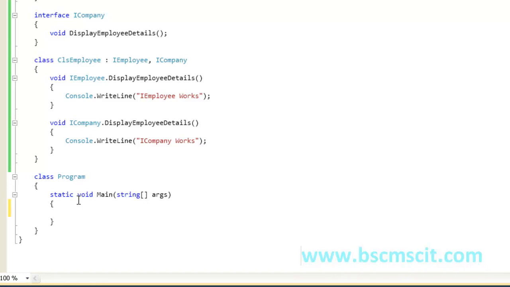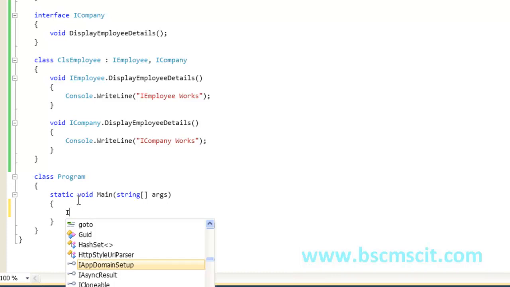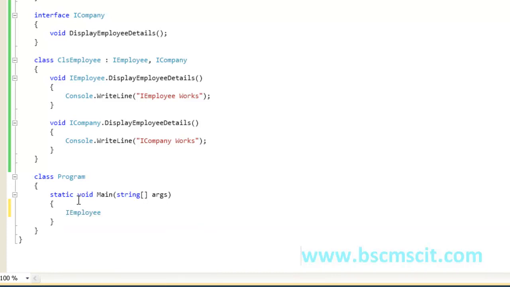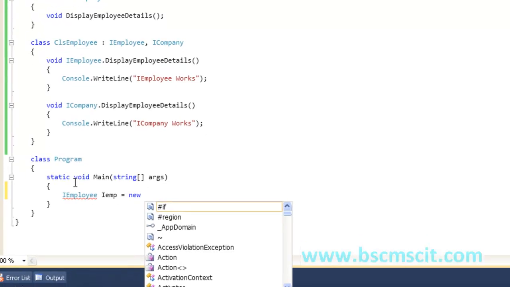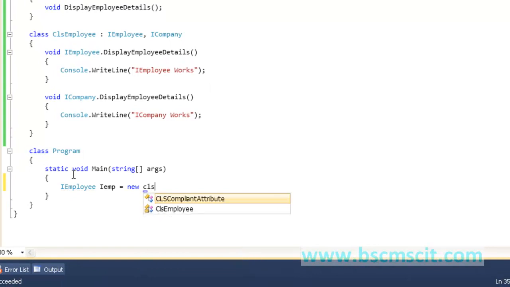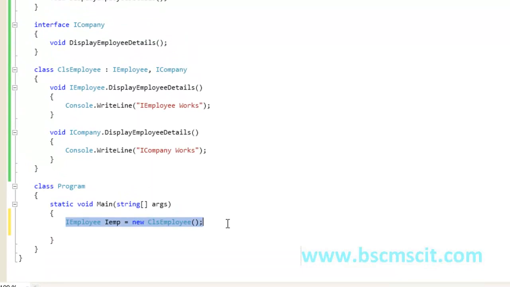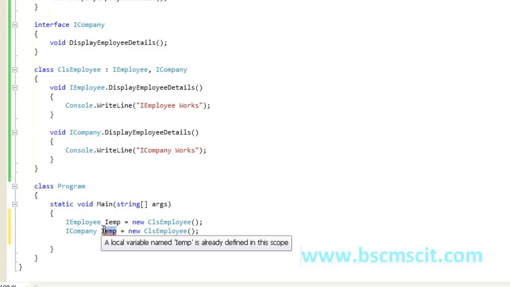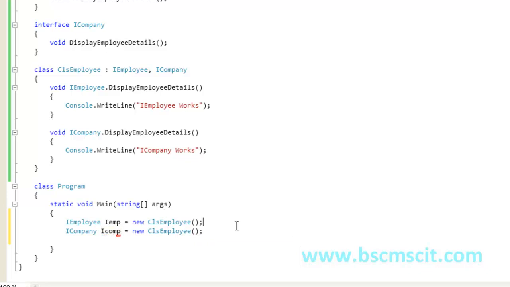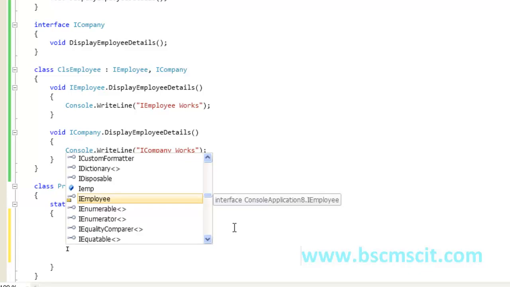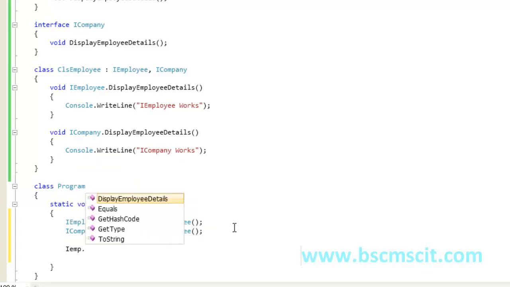Let's call the methods by using our interface name, that is IEmployee iemp is equal to new CLSEmployee, and we will implement another one. Now let's display some message.